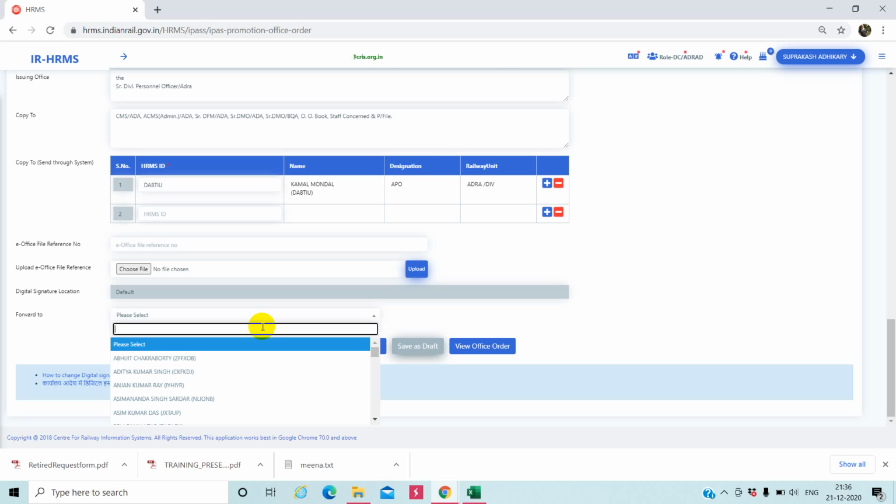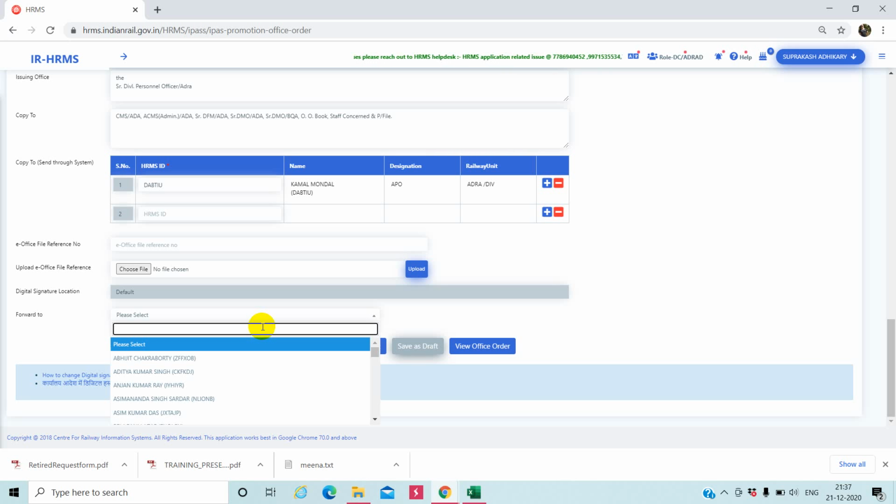In the manual process, you are writing it on a paper and sending the paper to the type section for getting it typed, and after that you personally go to the chamber of the officers and get it signed on that order.